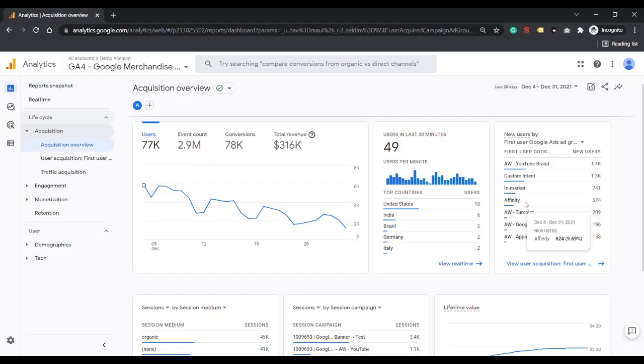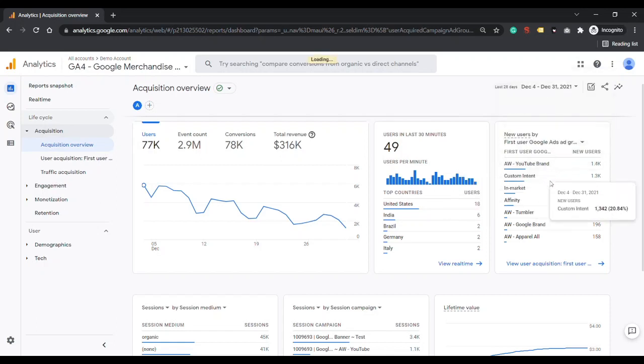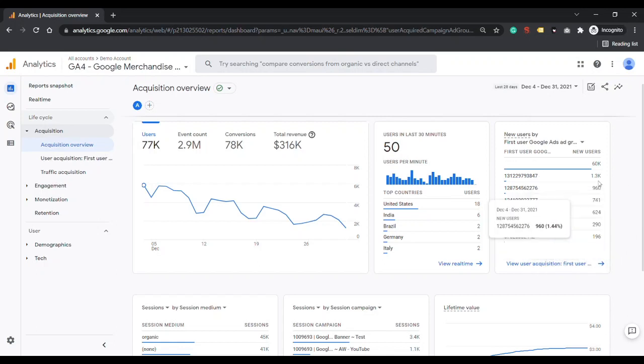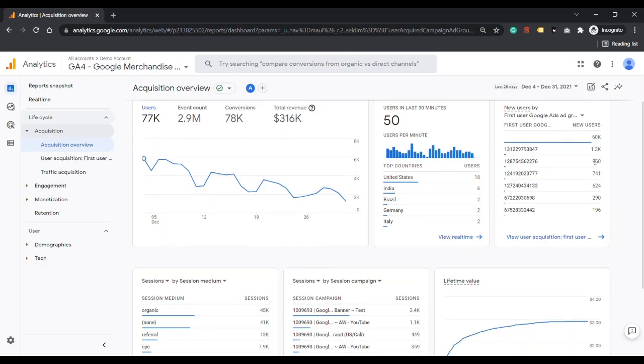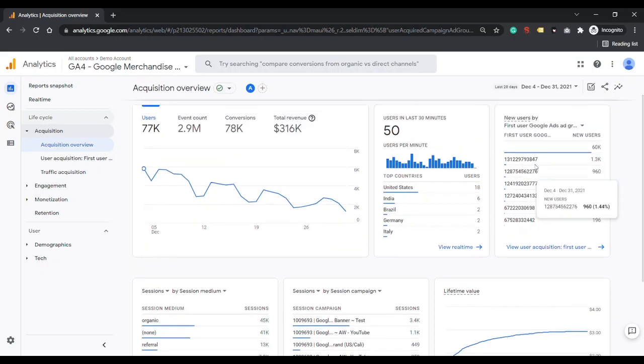Here you can see Infinity, Tumblr, Google brand, YouTube brand. These are all ad groups, and you can also check with the group ID. These are all the ad group IDs. In this way you can measure, from the Google ads group IDs, from which ID you are getting the most traffic.